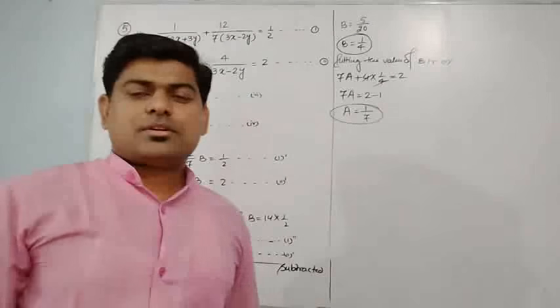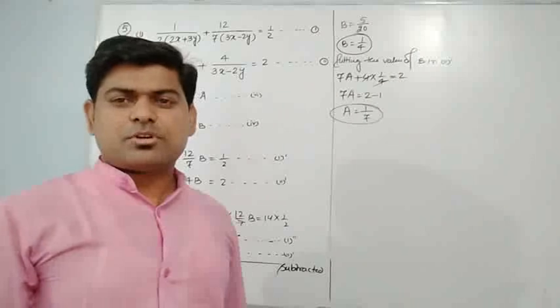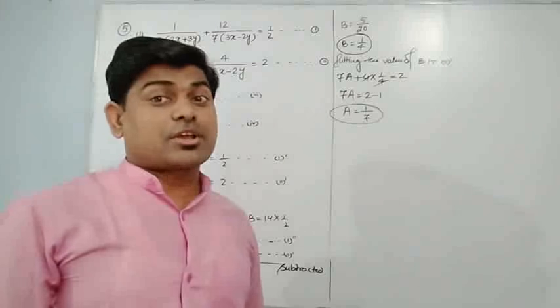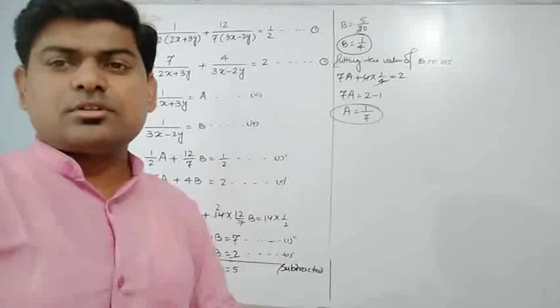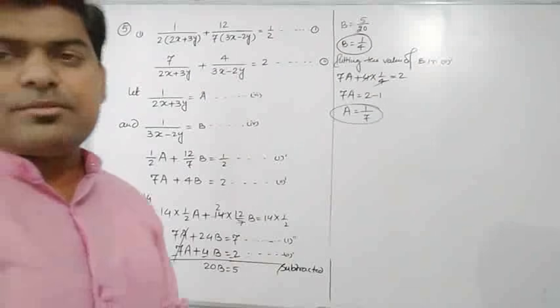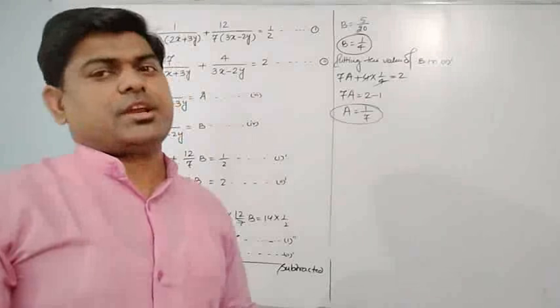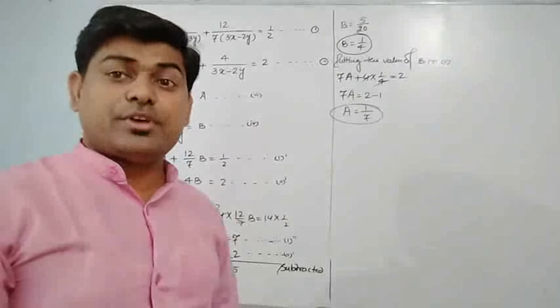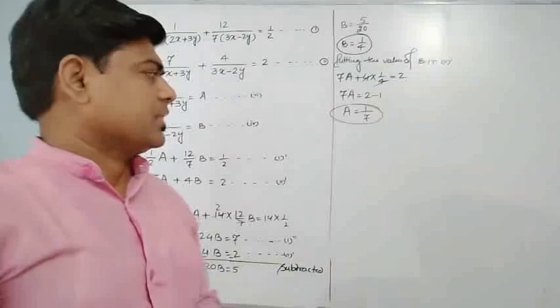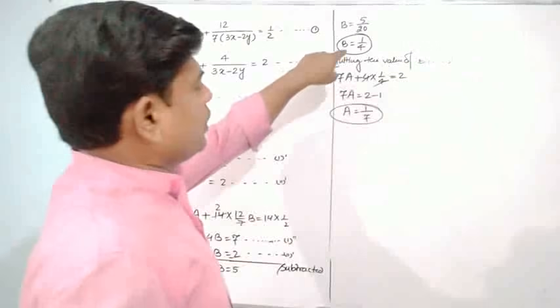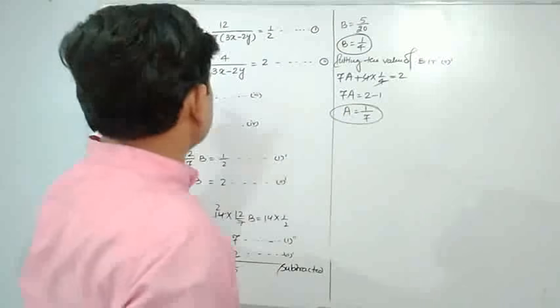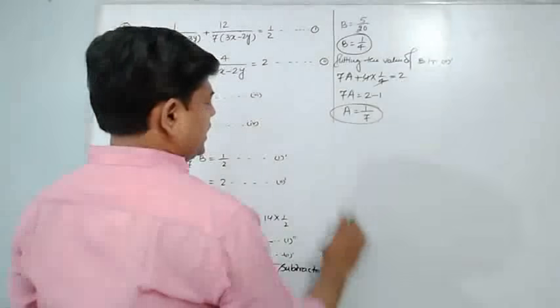We have solved the system of simultaneous linear equations for a and b, but that was not our question. That is only one part of the question. Actually, we have to solve the given equations for x and y. It means we have to find the values of x and y. Now, as I have taken third and fourth, we will substitute the values of a and b in third and fourth. What can I write here?